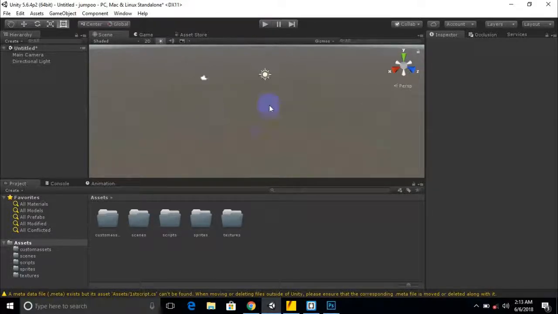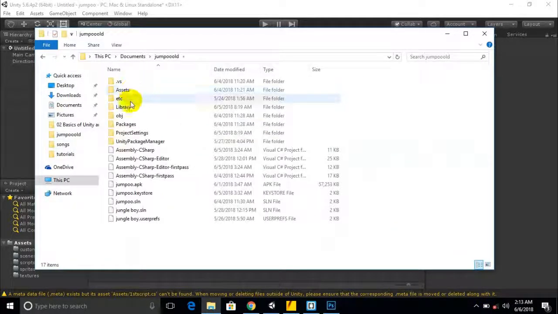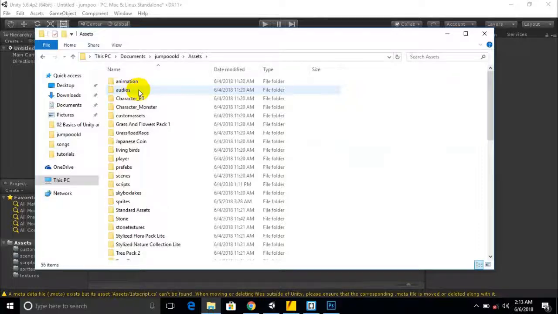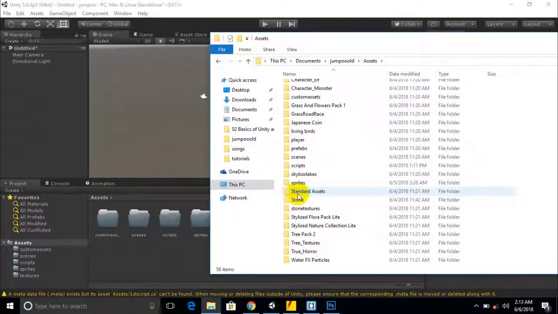By clicking the middle scroll button of our mouse, we can drag our scene view. In my case I already have the standard assets pack downloaded because the internet is not available right now, and it's in another folder. So I can just drag and drop this folder into my project.